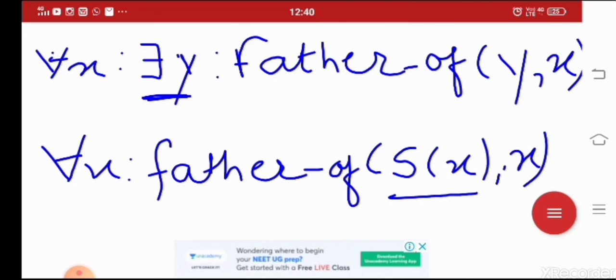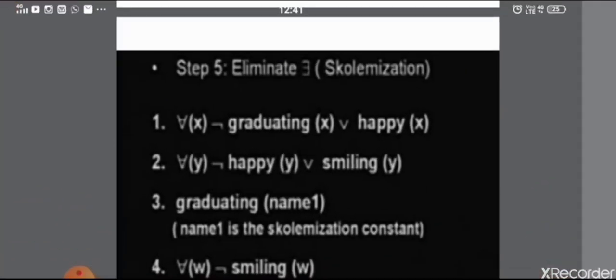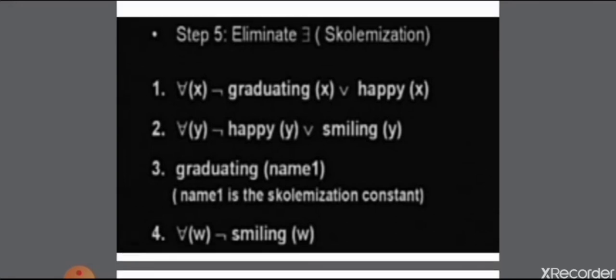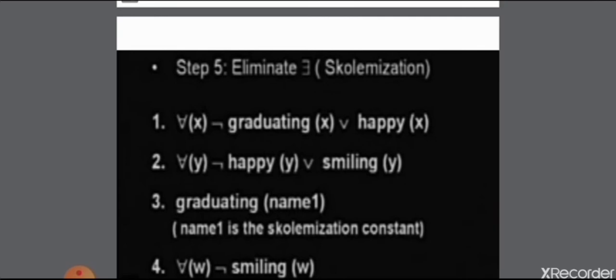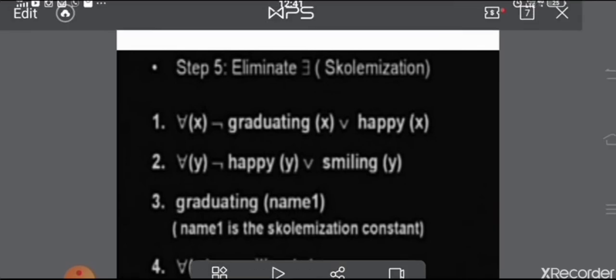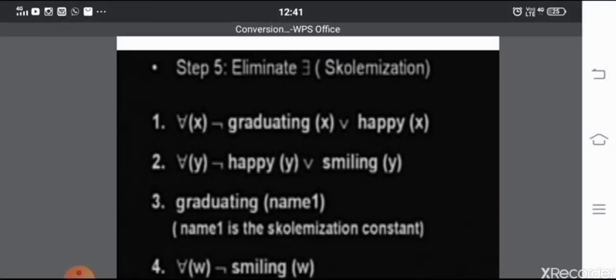This is our fifth step in the conversion of this FOL to the CNF. Here in our example we had taken name1 as a Skolemization constant.